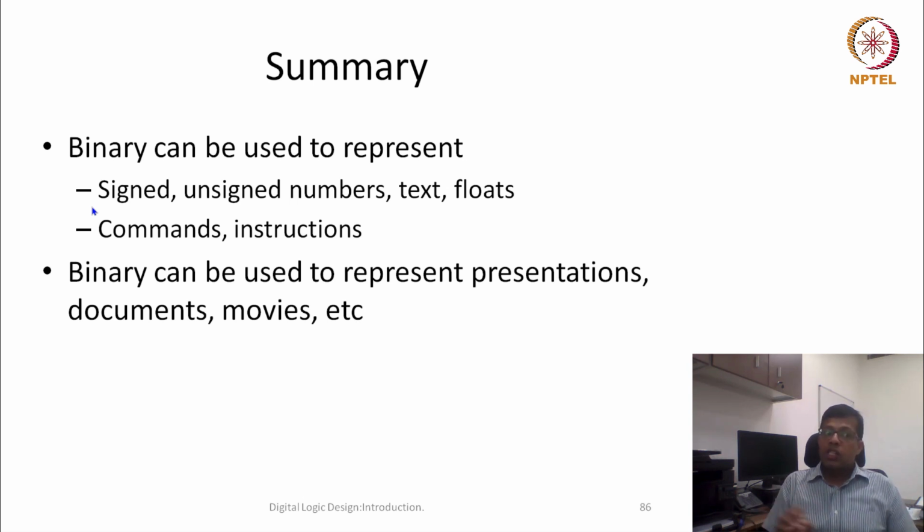So in summary, these zeros and ones can be used to represent anything, and many other times you would try to define your own custom representation of these zeros and ones. And because we are working at the lowest level of abstraction in this course, we will see that these zeros and ones are represented using integers, signed, unsigned, text, ASCII characters, floats, or commands, signals, instructions.